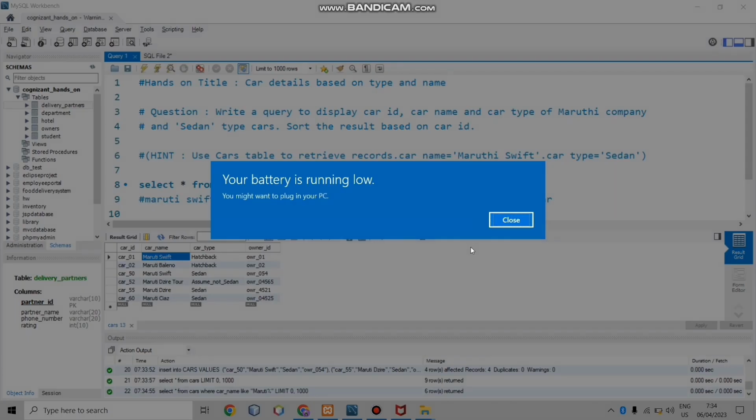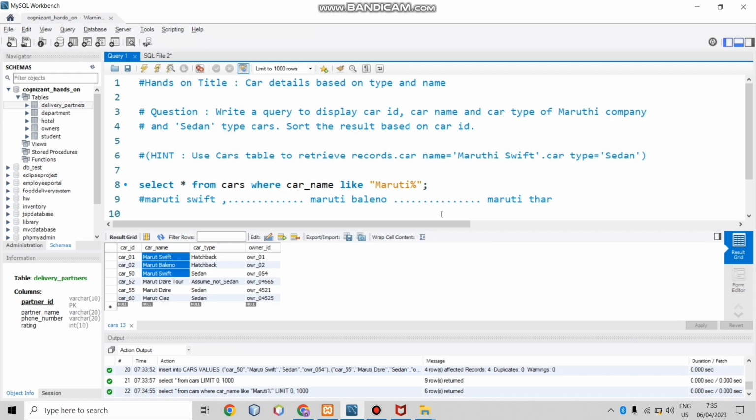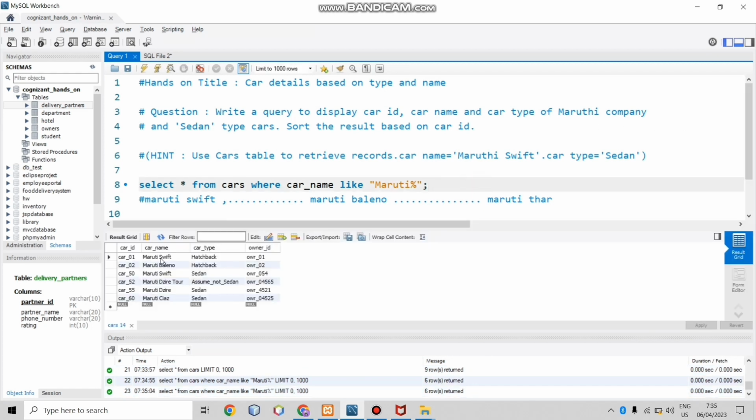So it is the syntax that we need to follow. After the pattern ends, we need to put a percentage symbol. So this query will give me all the records whose car name belongs to the Maruti category. So we have Maruti Swift, Baleno, Dzire, Ciaz and many more.